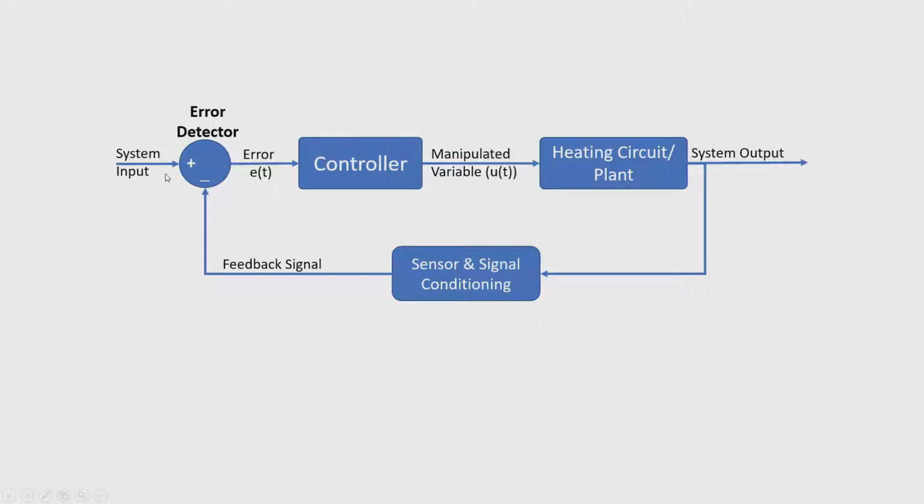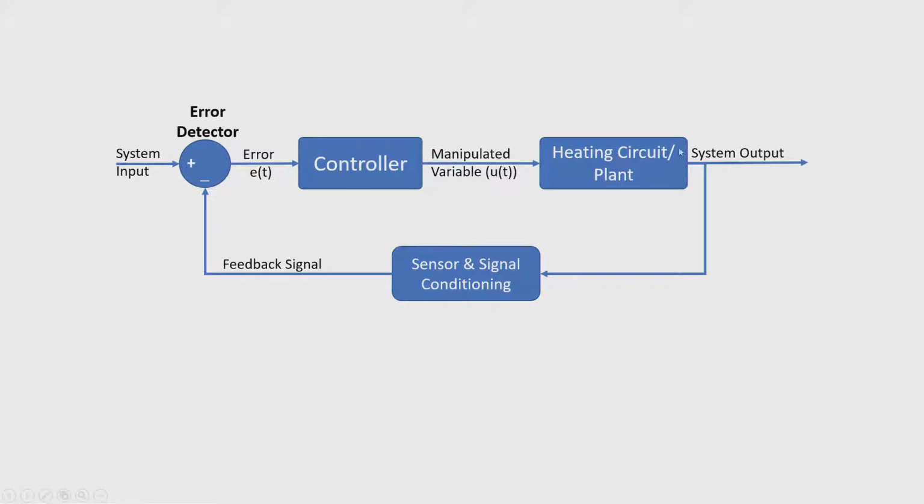So the system input voltage is nothing but the amount of voltage required, that is, the temperature necessary in order to maintain the temperature on the heating plant. For example, if I consider the mapping factor or scaling factor as 1 volt per 10 degree centigrade, it means that if I provide a system input of 1 volt, the system will understand that the plant should heat to 10 degree centigrade. Depending upon the requirement and the amount of heat to be generated on the heater circuit, the user has to specify it at the input side.